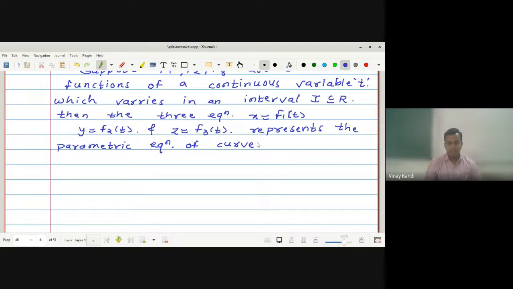Now look at it. Example. The simplest example of a curve in space